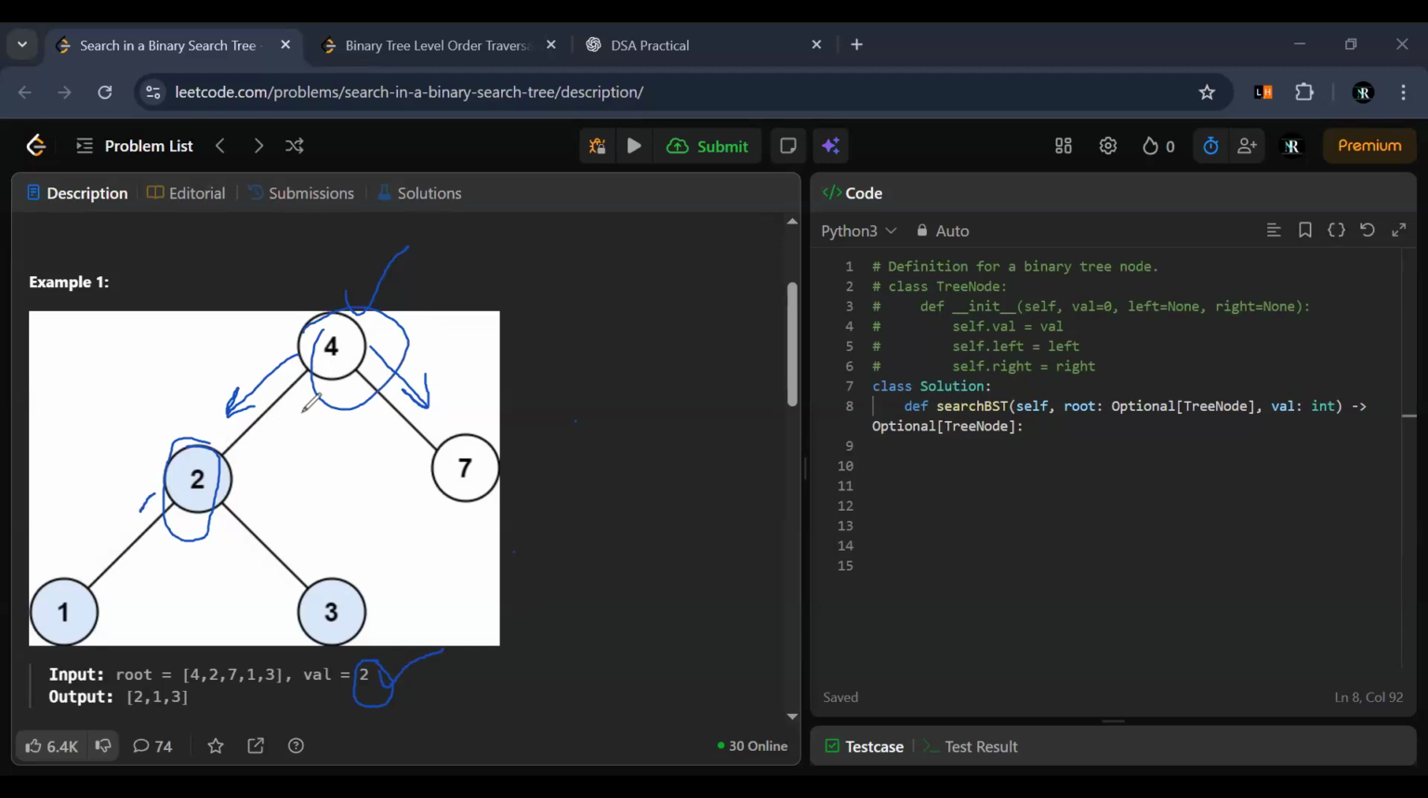हमारा ये स्मॉलर एलिमेंट है 4 से, तो हम लेफ्ट साइड पे, लेफ्ट सब ट्री पे मूव करेंगे, और लेफ्ट सब ट्री पे जाके हम इस रूट से जब कंपेयर करेंगे, तो अगर ये इसके इक्वल है तो हम इसको सिंपली रिटर्न करेंगे। और जब इस 2 को रिटर्न करेंगे तो इसके चाइल्ड भी ऑफ कोर्स इसके साथ आएंगे कि वो इसके साथ कनेक्टेड हैं। सो हमारे पास रिजल्ट जो है वो 2 1 3 आ जाएगा।